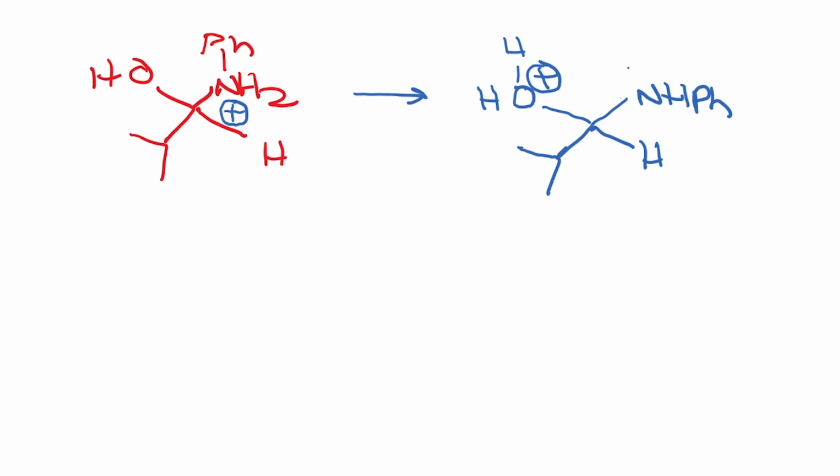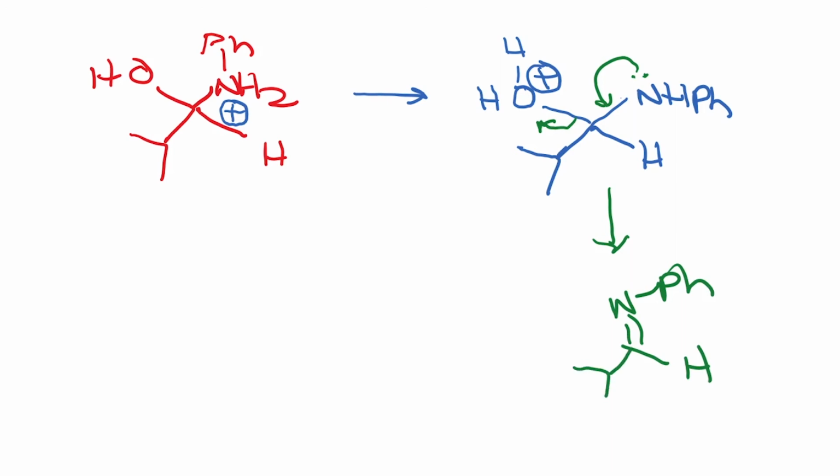Now, this lone pair on nitrogen can come in over here and kick out water. As you know, water is an excellent leaving group. If it does this, then you get your imine. This is what happens when you have a primary amine. So this is called the imine. This imine is a very important intermediate that we will look at later. But just like a carbonyl compound, this imine actually has alpha hydrogen.